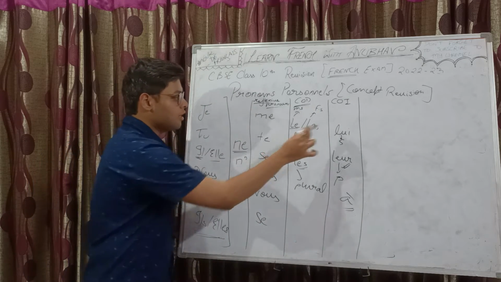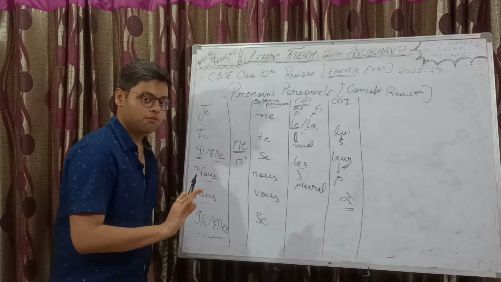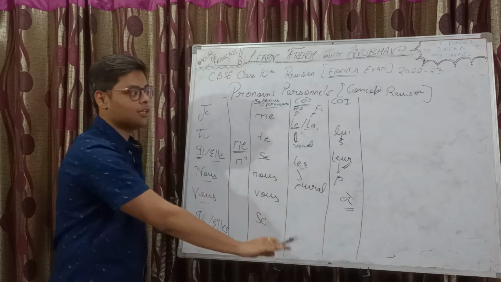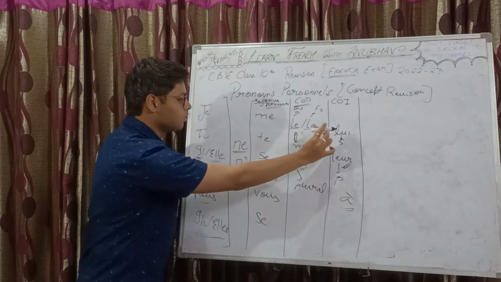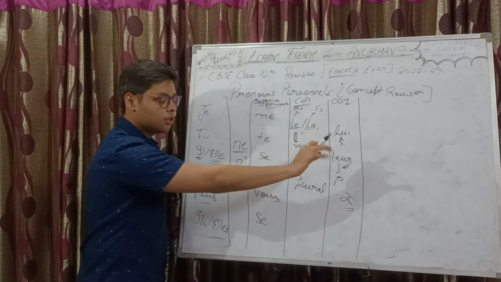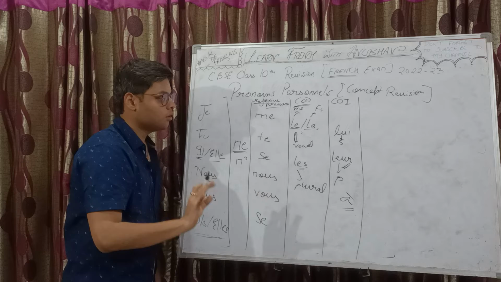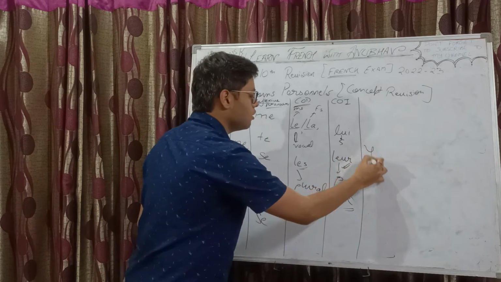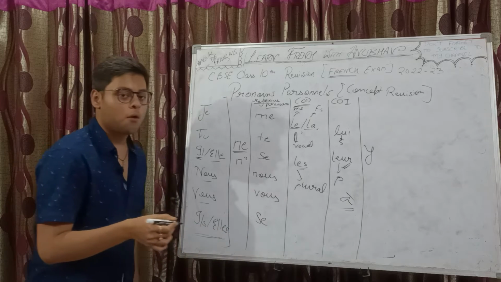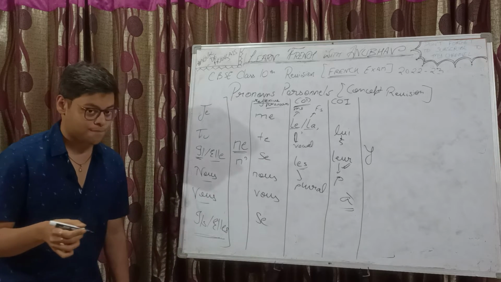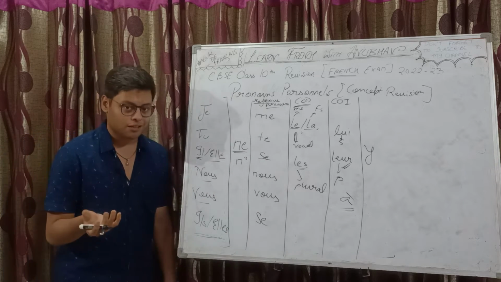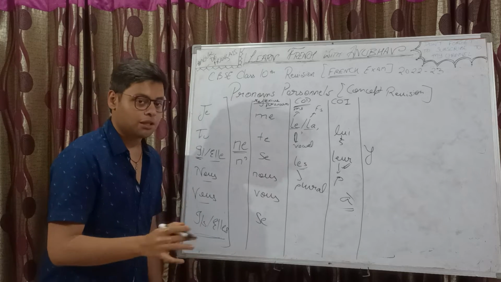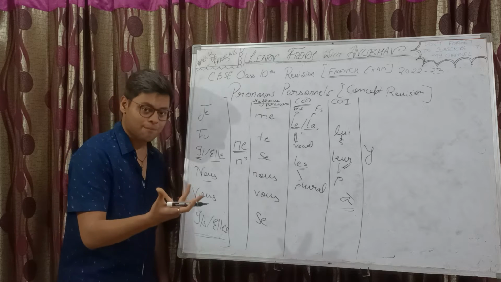To be noted, lui and leur are irrespective of whether feminine or masculine. COI is just dependent on the number. Lui is for singular, and leur is for plural. Okay. After COI, what can you have? You can have the pronoun y, pronounced as i. Though y is pronounced as ygrec when we say A to Z in French, when we use it as a pronoun, like il y a, we say i, right?